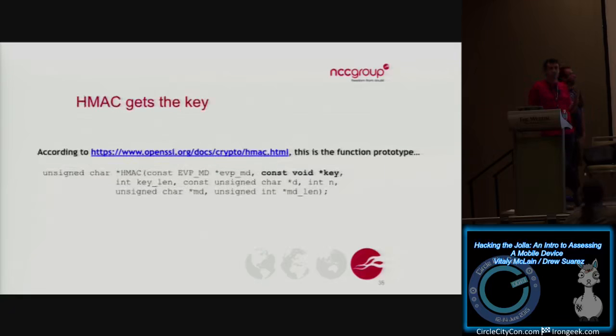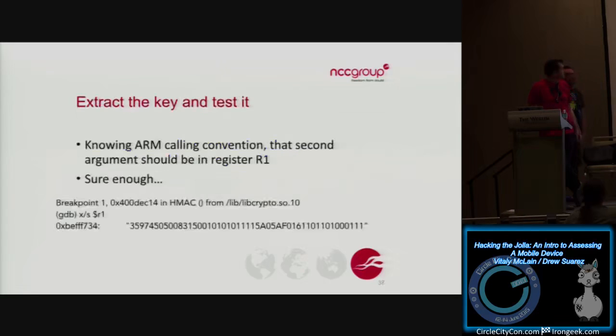So to do this, we needed to take a look at what the prototype is for this HMAC function. It's an OpenSSL doc, so it's the regular function. And you could see the second argument passed to this function is a pointer to that key that we want. So I was going to do a live demo, but I don't think there's a ton of time, so I'll